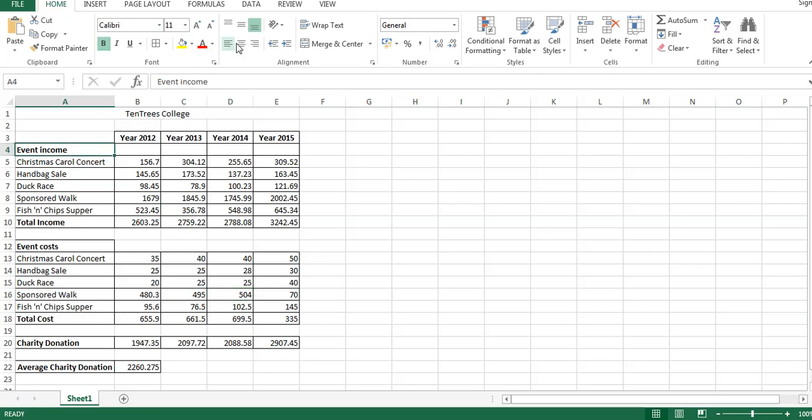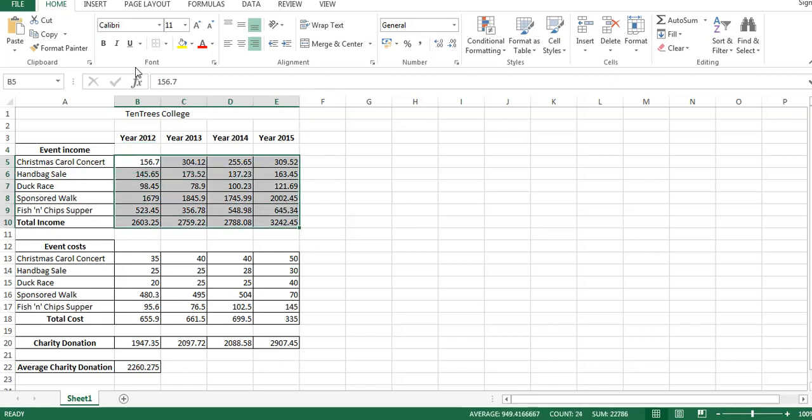You could center these as well if you feel like that makes those a bit clearer. So we do not want that bit there. Be very careful of that, it's very easy to put it around blank ones. Okay,